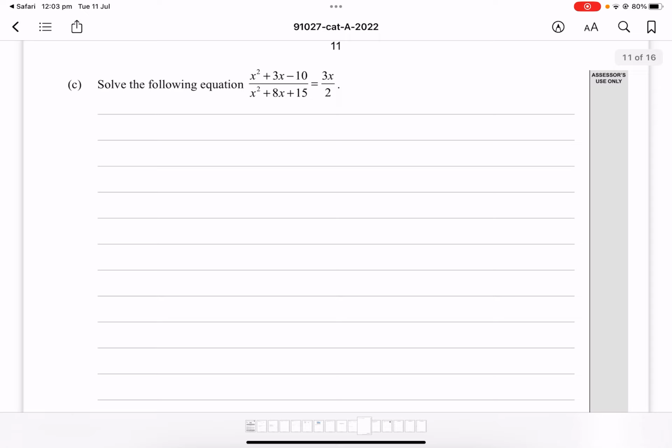We want to solve the following equation: (x² + 3x - 10) over (x² + 8x + 15) equals 3x over 2. Okay, so for this question, we can just do a cross multiplication. Okay, so we have 2 times